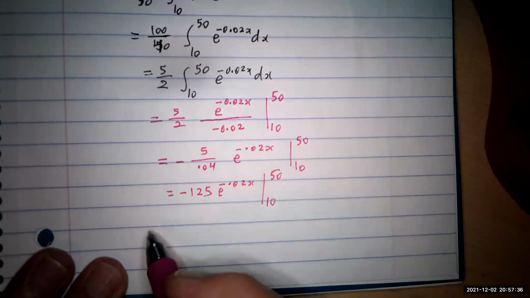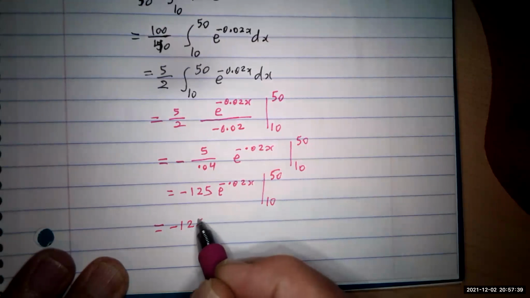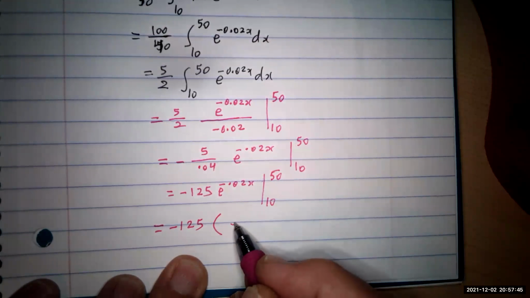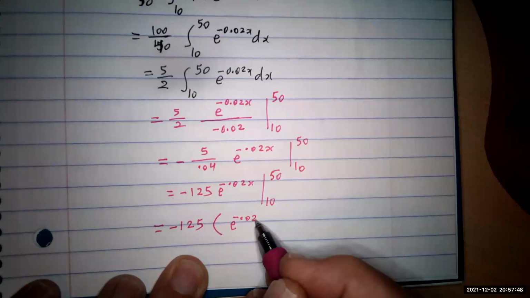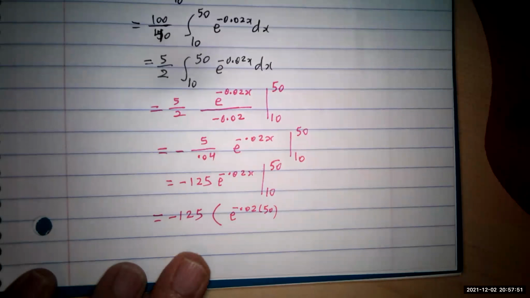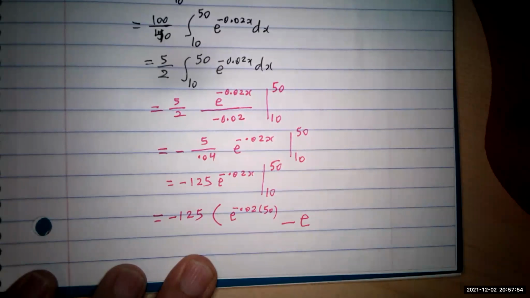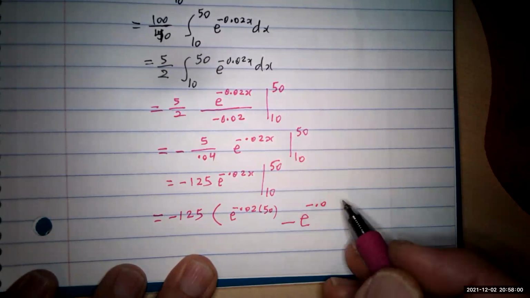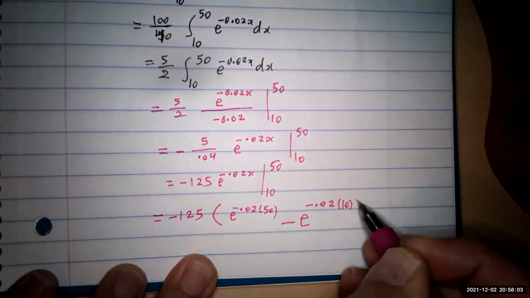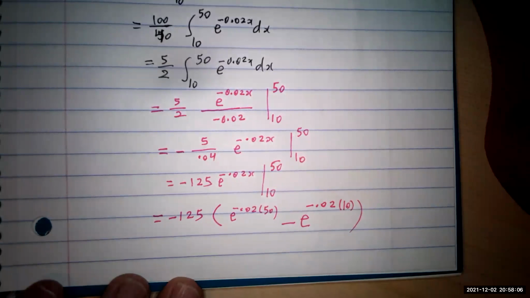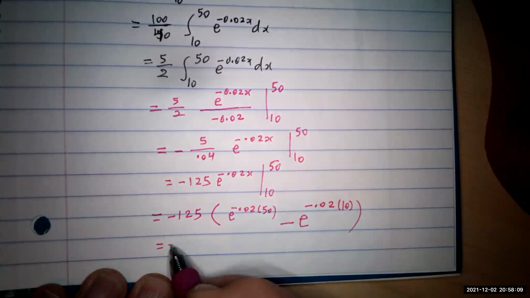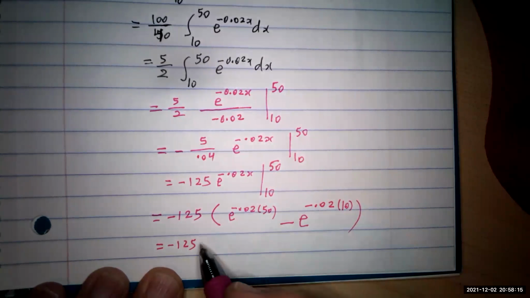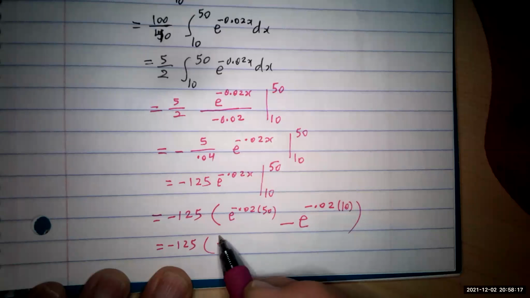So there you are. It is going to be negative 125 times, when you put the 50, e to the negative 0.02 times 50, minus e to the, when you put the 10, negative 0.02 times 10. Okay, it's just a substitution. So it's going to be negative 125. You multiply these, what's going to be the result? e to the negative